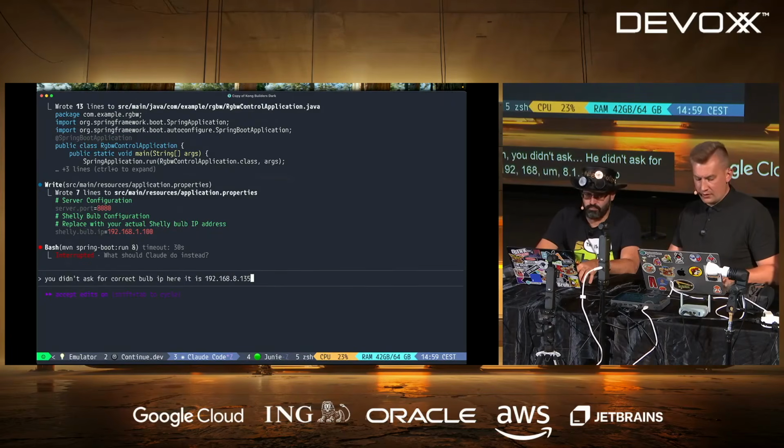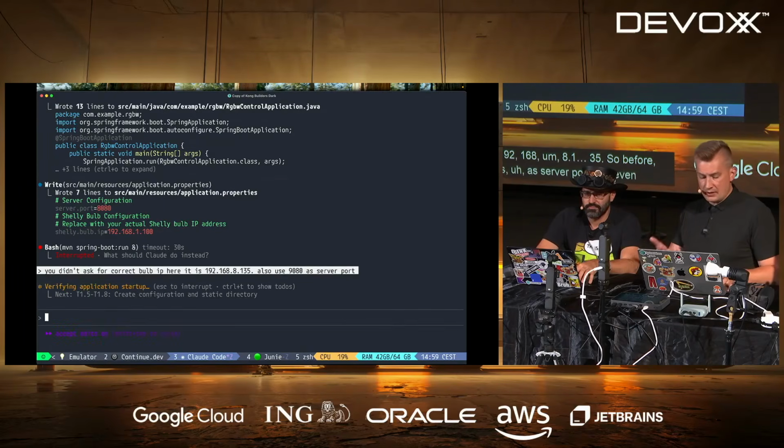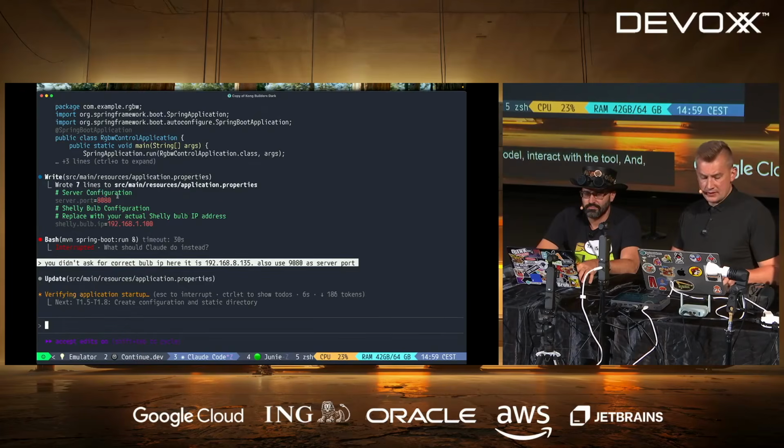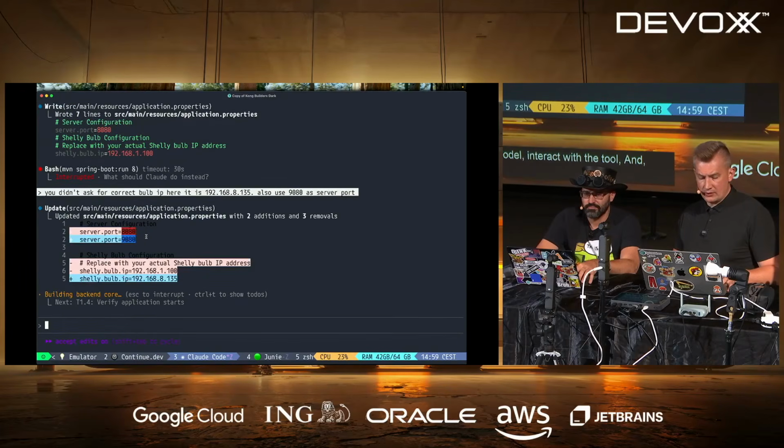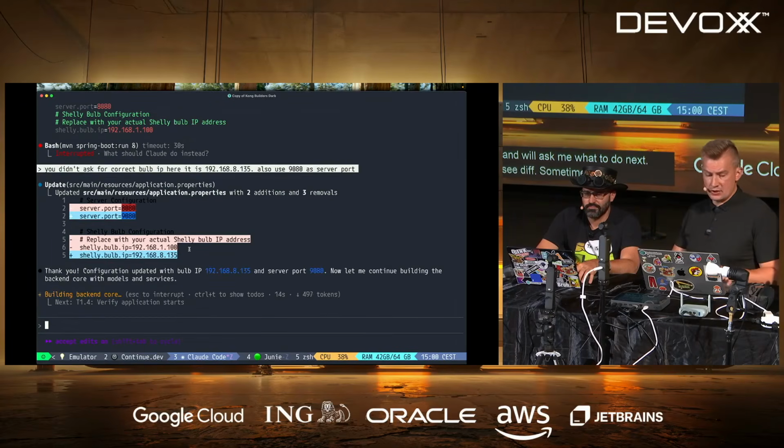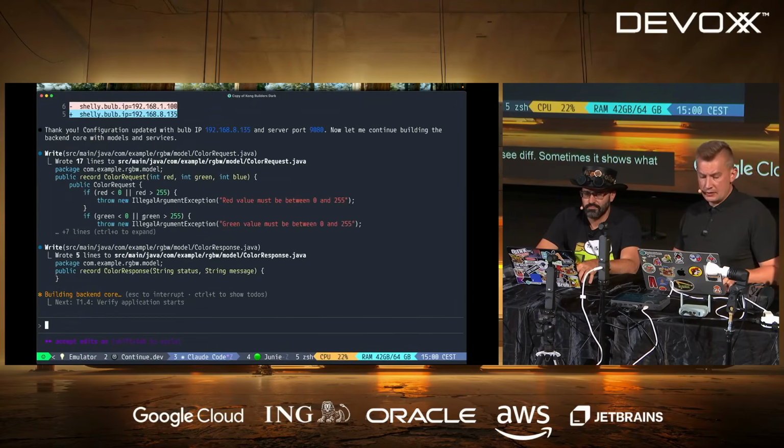So before it runs, also to avoid using this as the server port. So even with this, I have the ability to interact with the model and the tool, and the next thing is that it will update and ask me what to do next. Nice thing is that on the UI we can also see the diff. Sometimes it shows what it changes, and you will be able to see what is going on.